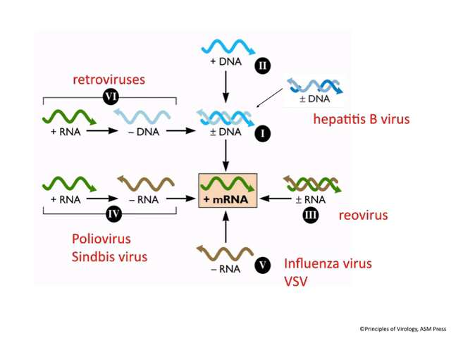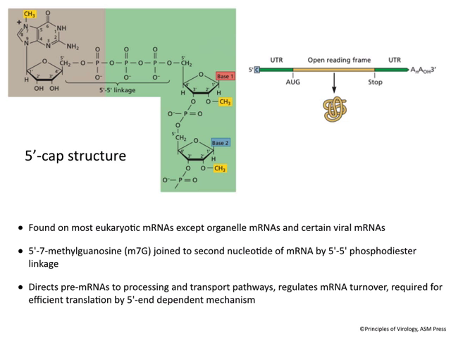Translation is the art of protein synthesis, making proteins using mRNA as a template. We'll talk about that mRNA in the middle, which is made from all of the seven different classes of viruses that we've talked about so far in this course. So let's talk a little bit about the mRNA itself. We've already had an introduction to this when we talked about transcription and RNA processing. Here on the upper right is a typical cellular messenger RNA. It turns out many viral mRNAs look like this as well, but there are some differences.